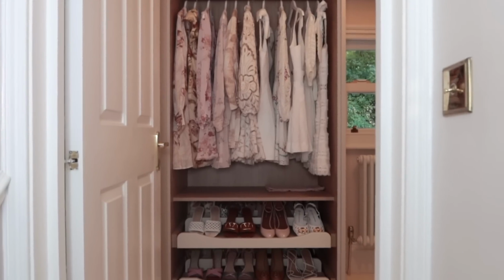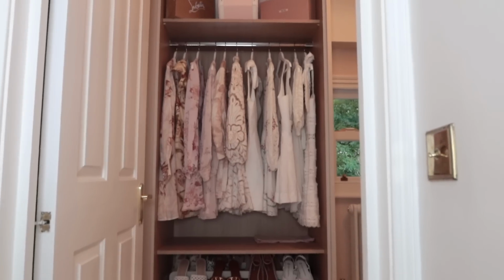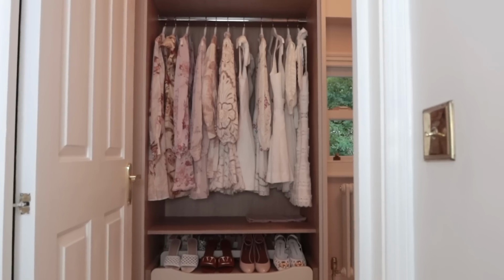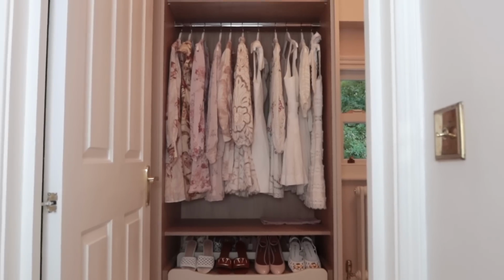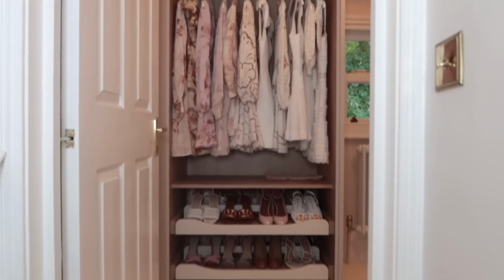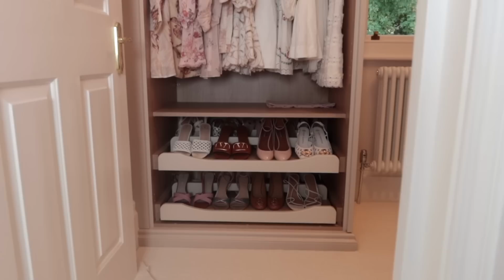So although I haven't had this for very long and it looks so beautiful, I am going to be changing out this entire cabinet. I'm going to put just my most attractive autumn winter pieces, which I have a feeling is going to be my coats. I have a really gorgeous coat collection that's currently away in storage, so I feel like this is going to be my coats. And then the shoes I am a bit concerned about, just because a lot of my